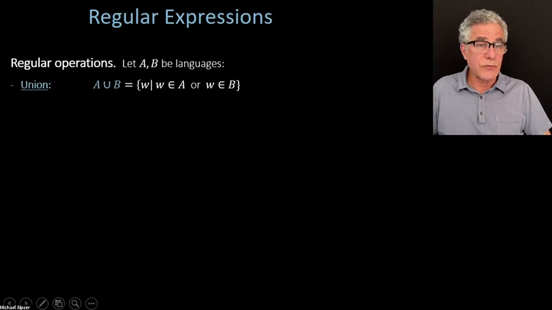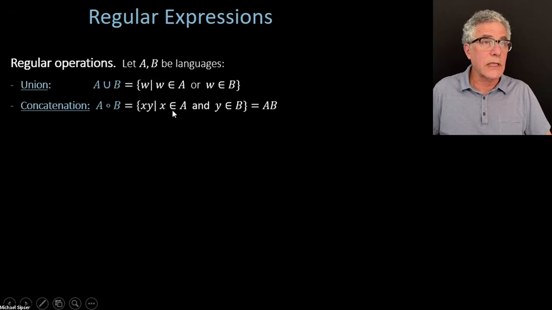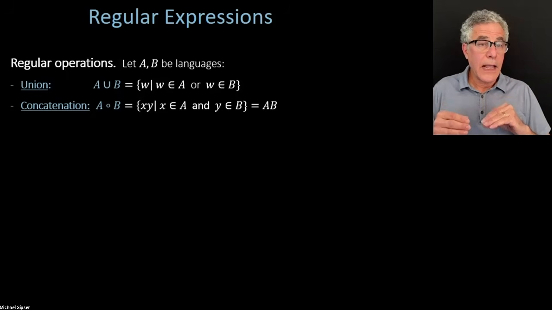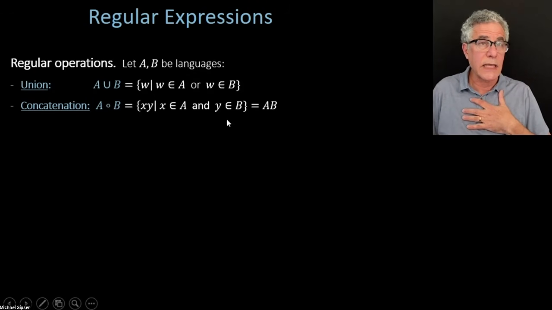But there are other operations which you may not have seen before that we're going to look at. The concatenation operation, for example. That says you're going to take a string from the first language and another string from the second language and stick them together. That's called concatenating them. And you do that in all possible ways, and you get the concatenation language from these 2 languages that you're starting with, A and B. The symbol we use for concatenation is this little circle, but often we just suppress that and write the two languages next to one another with the little circle implied. So this also means concatenation, just like this does.